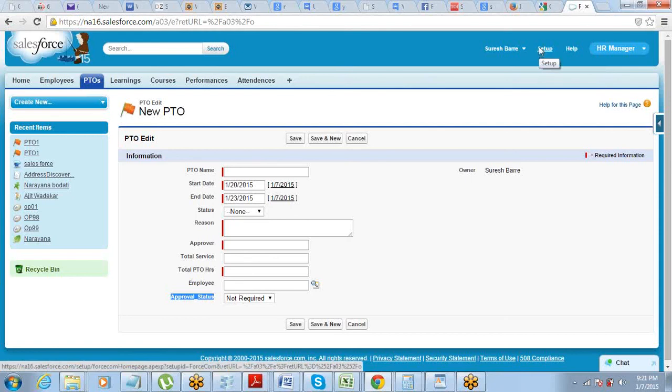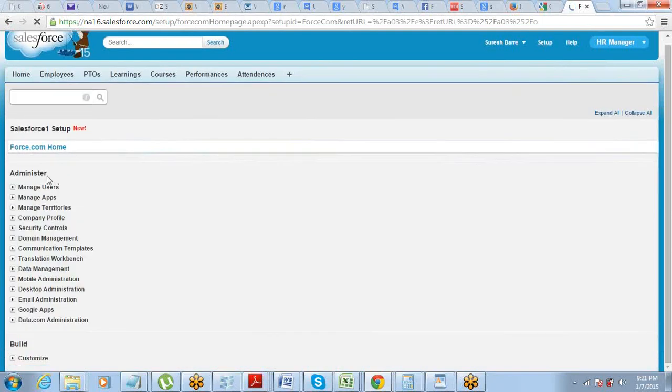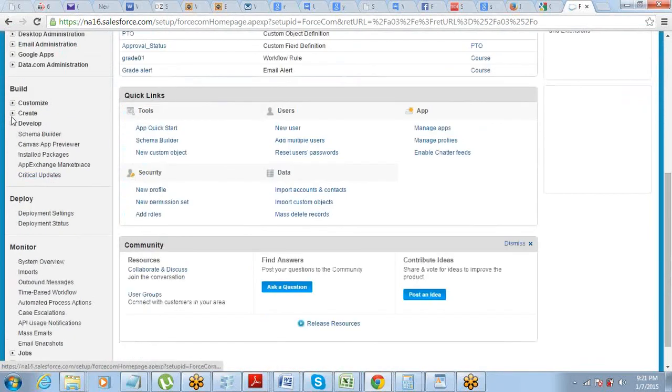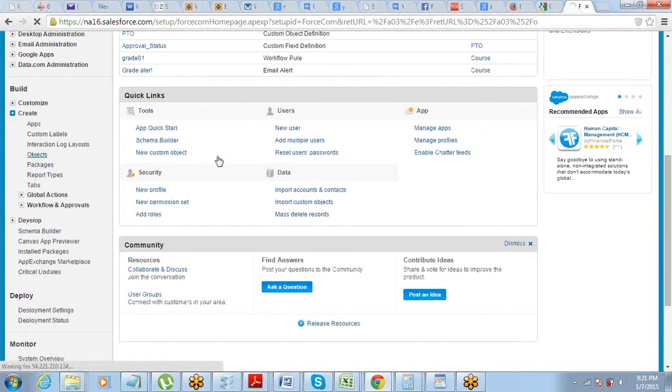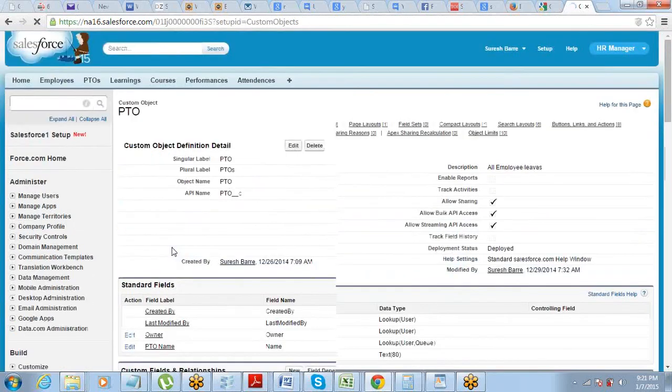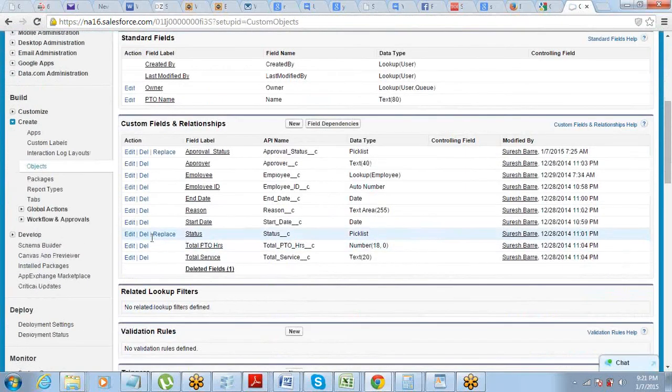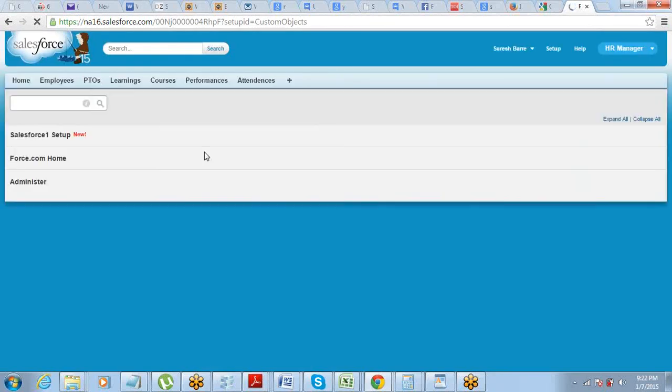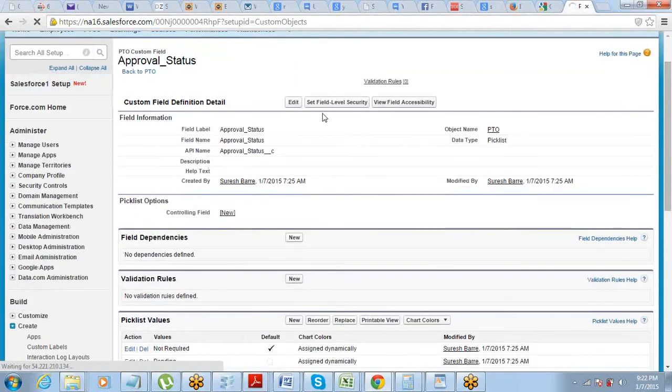Okay, so here is my screen. Tell me. When we go to PTOs, when we go to PTO new form, New PTO, okay. Now we are going to give a start date and end date that is more than two days. Then why do we need to give approval status as a manual one? What's the need of that in there?